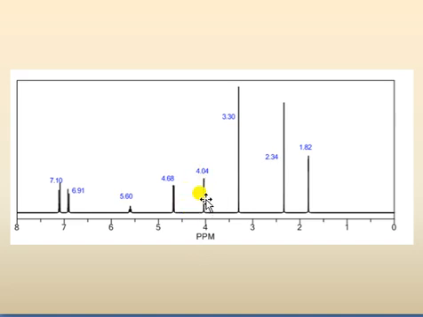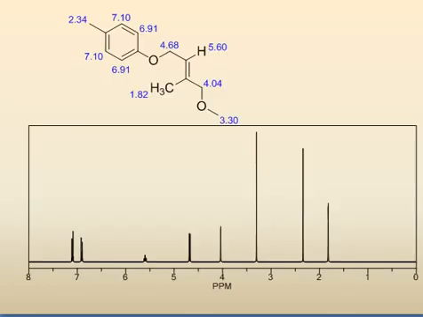This is a singlet and O methylene group, which is attached to some electron withdrawing group. So maybe here it is double bonded. Let's see if it is matching or not. Yeah, see this one, 4.04. This one, and this one the doublet. This one is a doublet. Which doublet? This one. See.